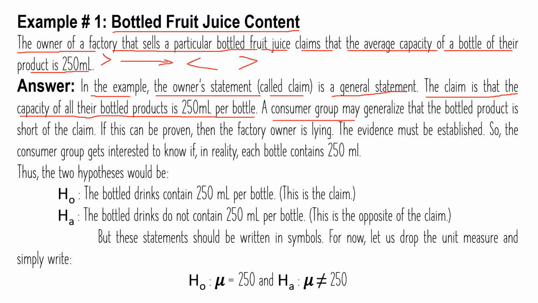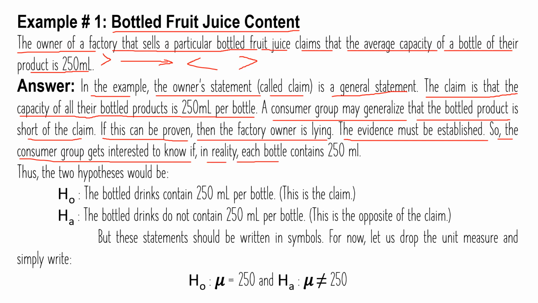So the claim is that the capacity of all their bottled product is 250 ml per bottle. A consumer group may generalize that the bottled product falls short of the claim. If this can be proven, then the factory owner is lying. Yes, it is, no? The evidence must be established. So the consumer group gets interested to know if, in reality, each bottle contains 250 ml. Thus, the two hypotheses would be,